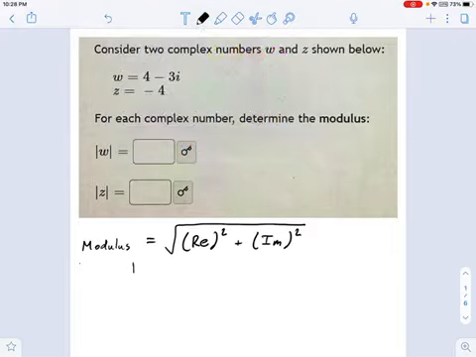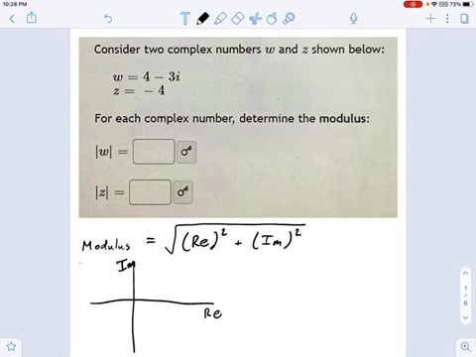I'm going to draw a complex coordinate plane. Here's a real axis. Here's an imaginary axis. And here's a point, like, here, I'll do this guy, 4 minus 3i. It's 4 to the right, 1, 2, 3, 4, and it's negative 3 down, 1, 2, 3. So it's like there. And the modulus is a measure of how far that imaginary number is from the center of the graph.